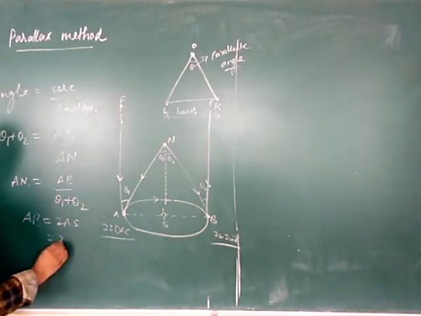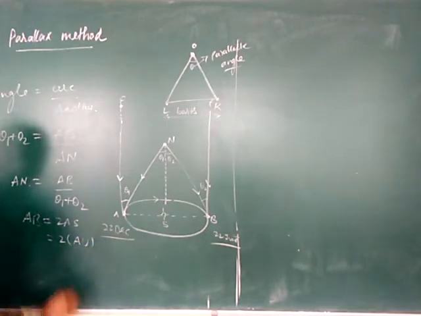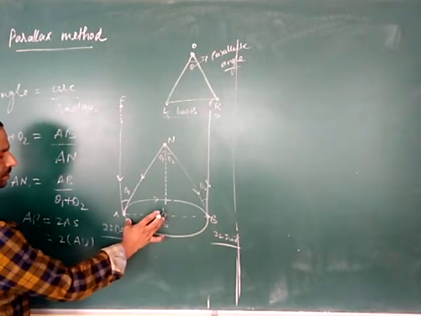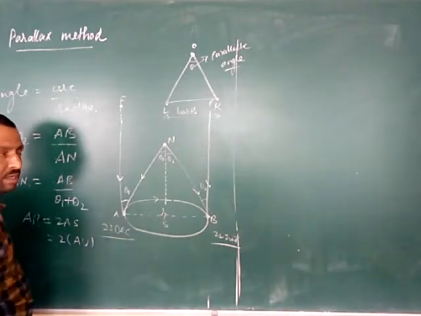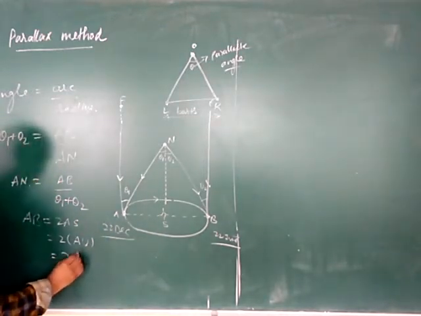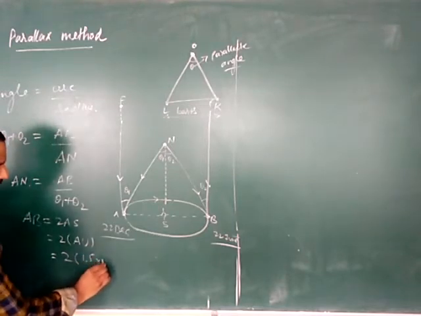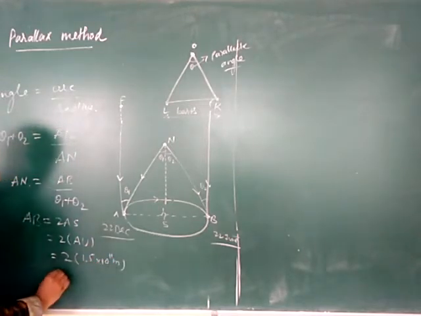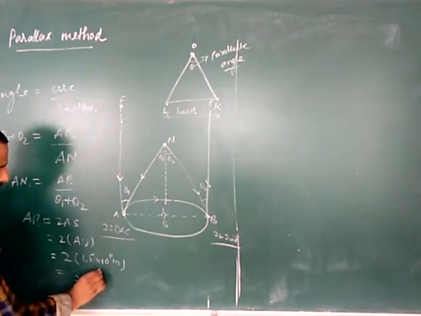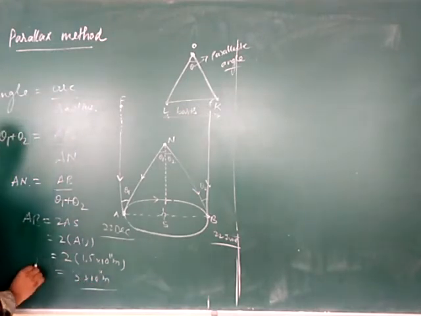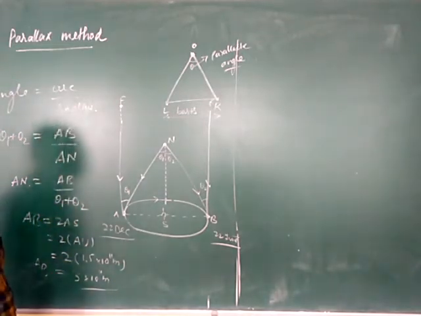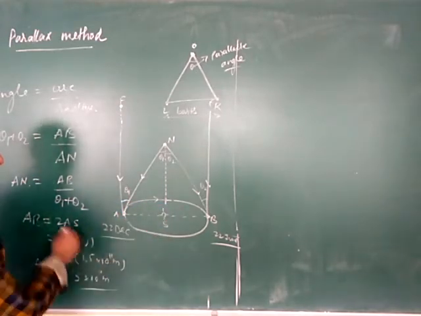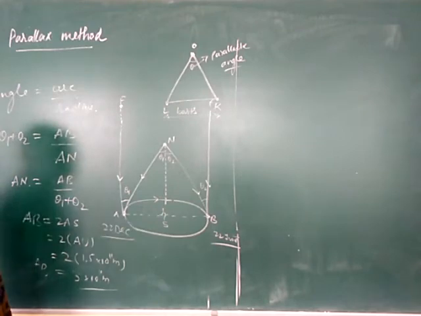Okay, and this comes out to be 1 AU. AU means the astronomical unit. Astronomical unit is the average distance between the center of the Sun and the center of the Earth, and 1 astronomical unit is equal to 1.5 into 10 to the power 11 meter, so AB comes out to be 3 into 10 to the power 11 meter. So this AB is known, and theta 1 plus theta 2 is also known from the astronomical telescope. So we can calculate the distance of the nearby star.